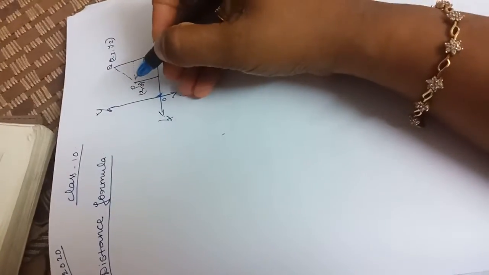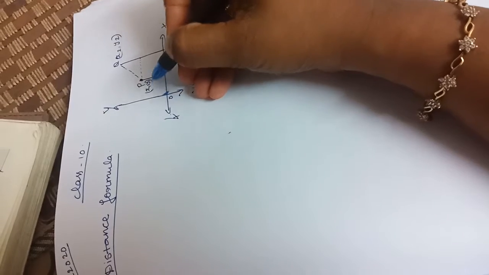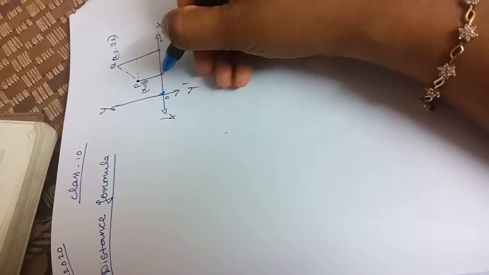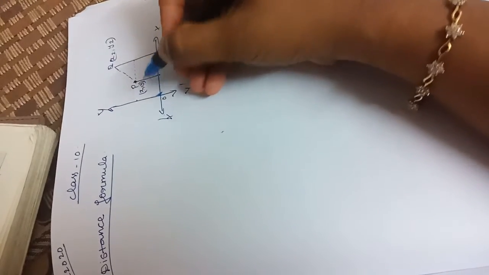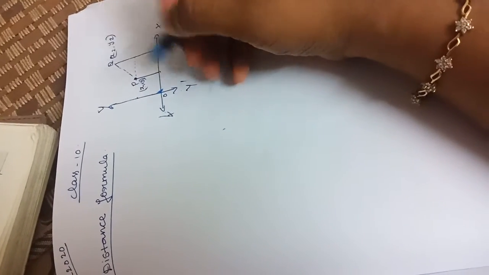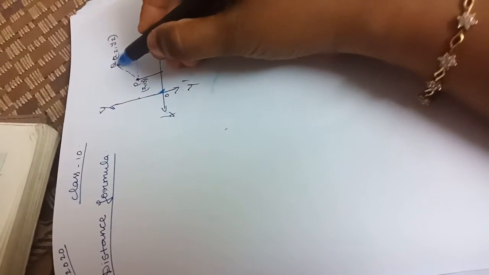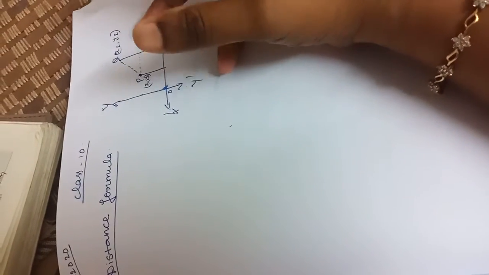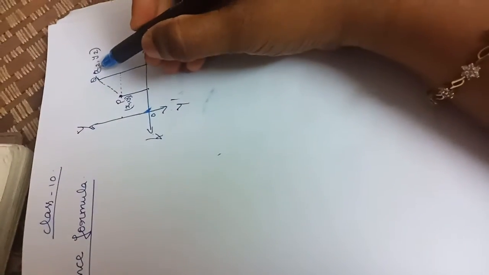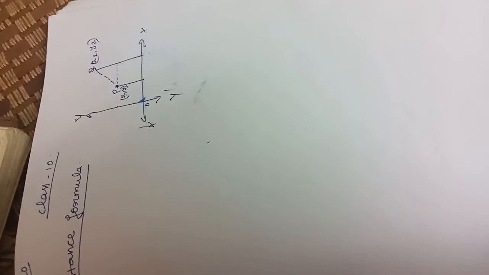So you have here one point P. We can denote it by x1 y1. The x point from here and the y point from here, we can denote the number here, correct? x1 y1, maybe it is 2 comma 2, 3 comma 2, or 2 comma 3, like that, okay. And another point is here, Q, maybe it is 5 comma 6 or 6 comma 5, 5 comma 5, 6 comma 6, whatever it is. So we can denote it by x2 y2.